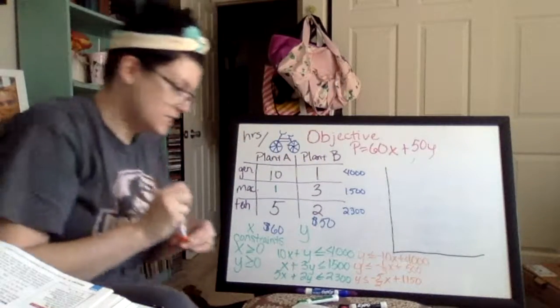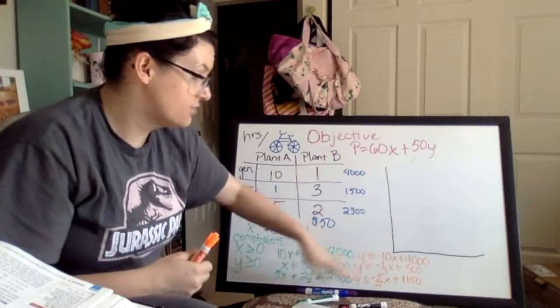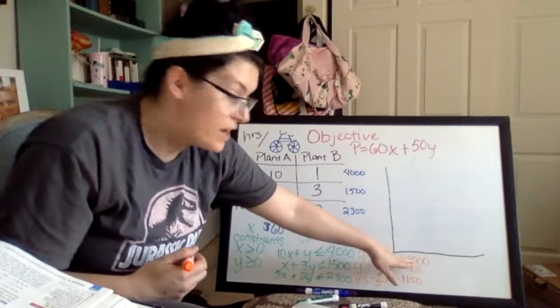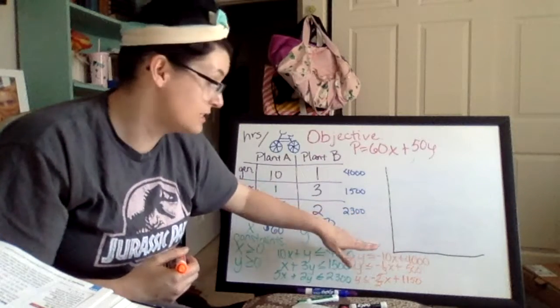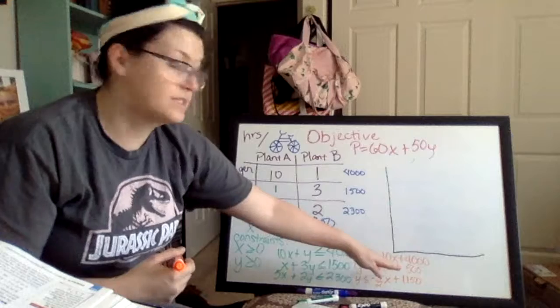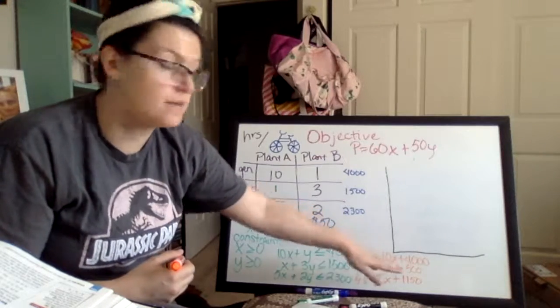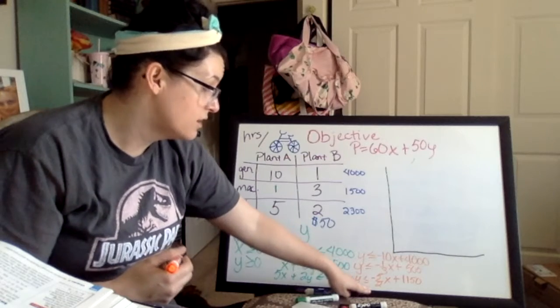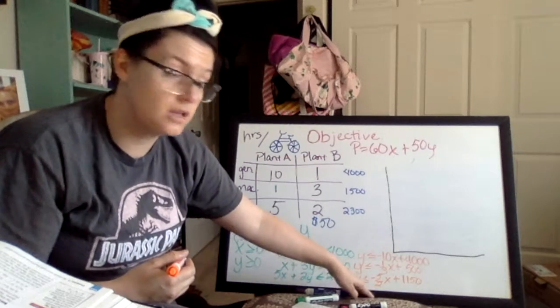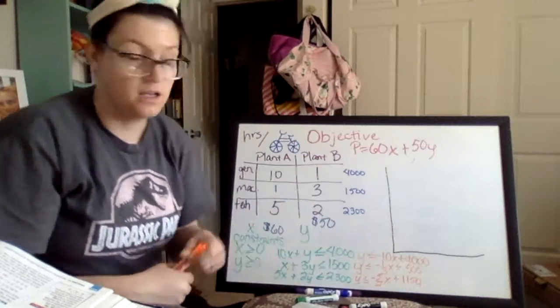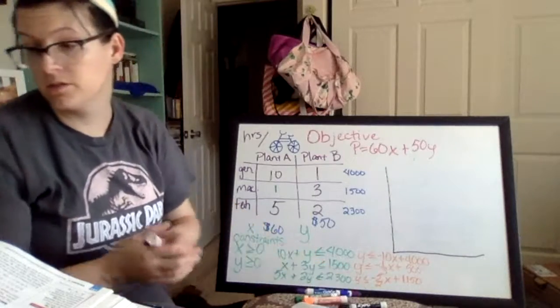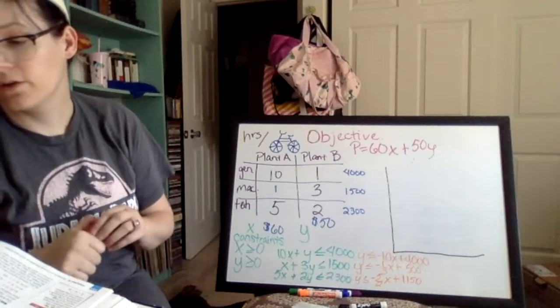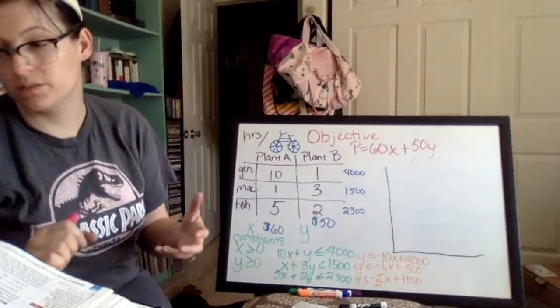Now, so all of here, this is my y-intercept, and my slope is negative 10. So this is 500, that's my y-intercept. My slope is negative 1/3. And then here, negative 5/2 is my slope, and 1150 is my y-intercept. So, when I end up graphing this bad boy,